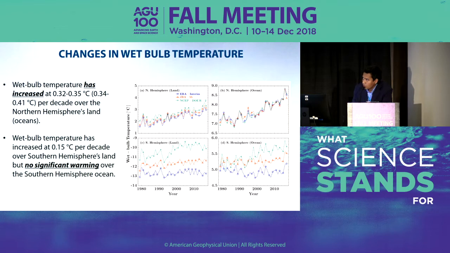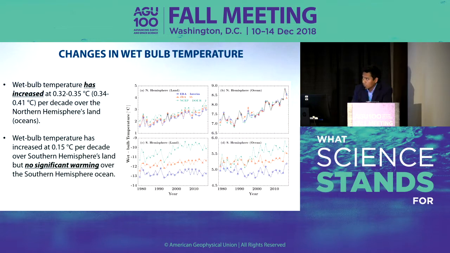The top row shows you the time series for Northern Hemisphere land and ocean, whereas the bottom layer shows you the time series of Southern Hemisphere land and ocean. The 3 different color lines are the results from 3 different Earth system models from Europe, Japan, and the United States. In our study, we found that the wet bulb temperature has actually increased at the rate of 0.32 to 0.35 degrees Celsius over the Northern Hemisphere land,